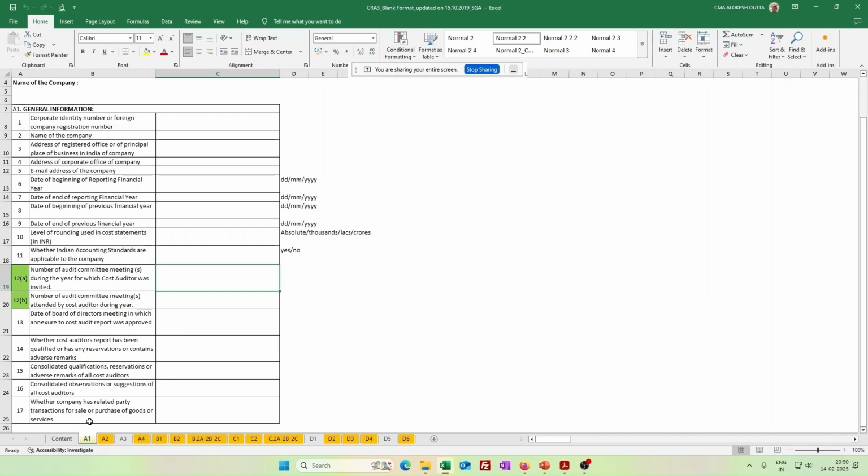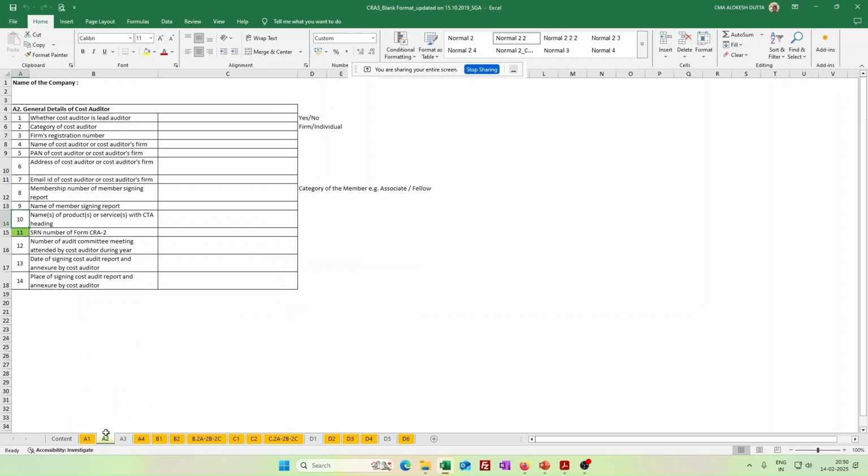In A2, you have to fill the details of the cost auditor: the name, PAN number of the auditor signing the report, and membership number and SRN number, where the SRN number is vital. SRN means service request number